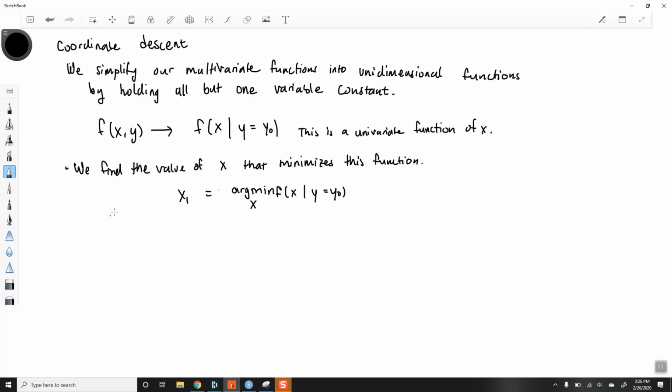So now that we have this, x1 is the value that minimizes. Sorry, there should be a space between the argmin and the f. I'll improve my handwriting here. Argmin over x of this function. x1 is the value that minimizes it. And that's basically it, and then we repeat